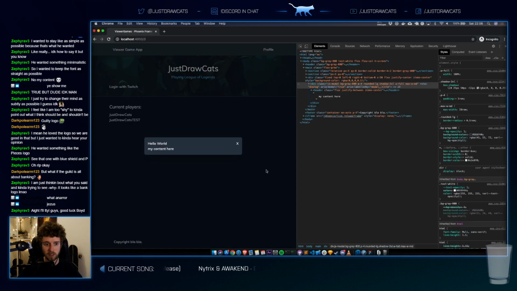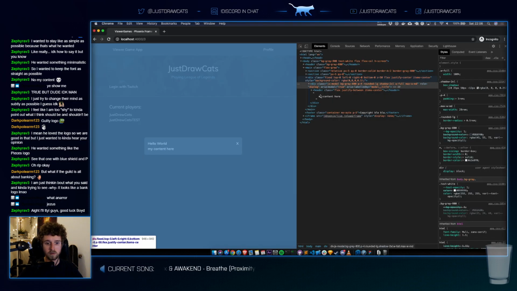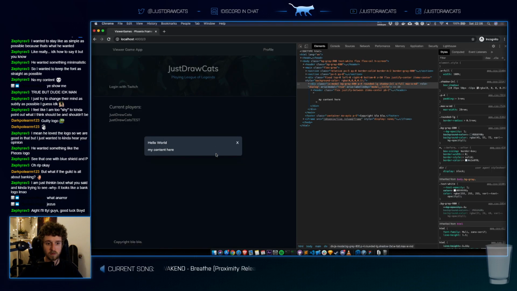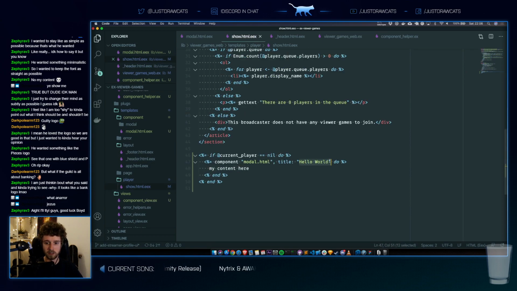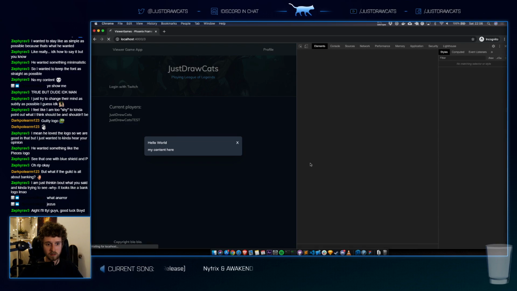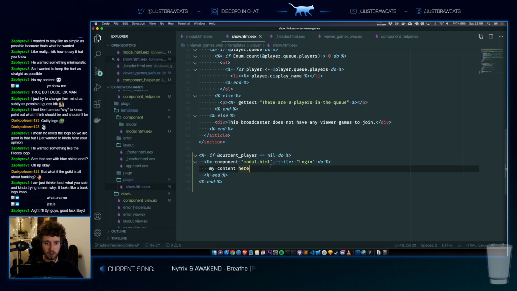This is sweet. I made a reusable component now. So now I can say, okay, there should be login. And then I need... Oh, I should not have main. Another main.